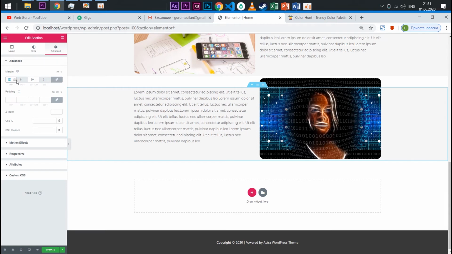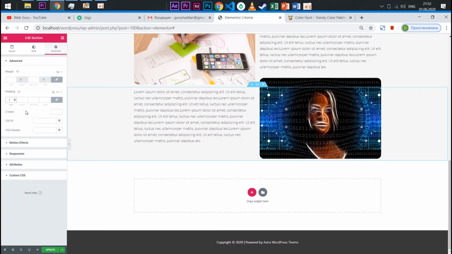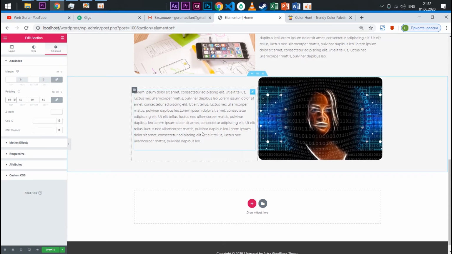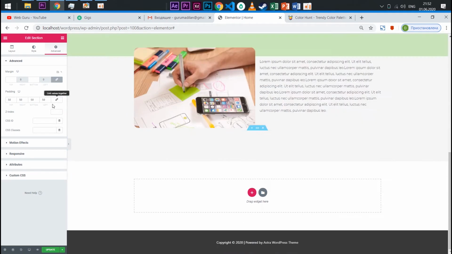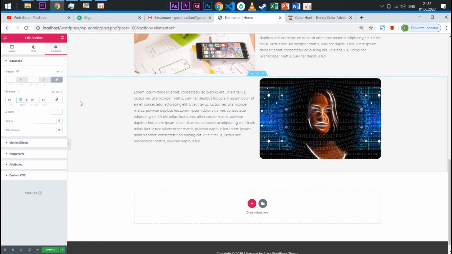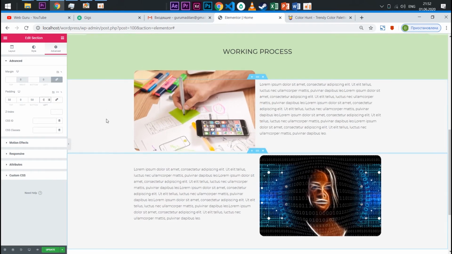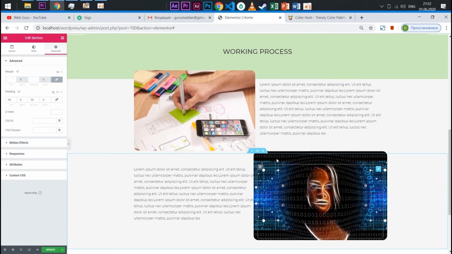Let me make it not for margin, let me make it for padding. So how I said in previous tutorials, padding, let me give just for top and bottom. I was saying in previous tutorials, margin is outside of the box, paddings inside of the